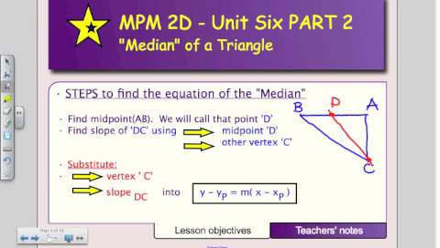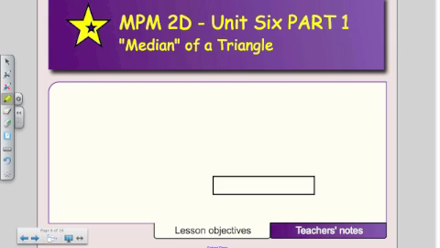So these are the two points you're going to substitute into your point slope form of the equation. It has to be your vertex C as well as your slope of DC in order to get this equation. Very important. That is the median. Another important concept to copy down